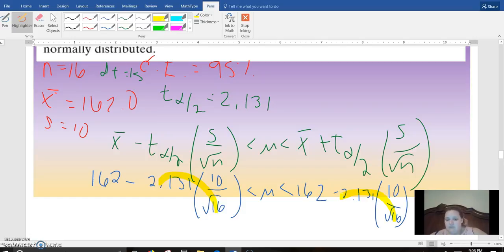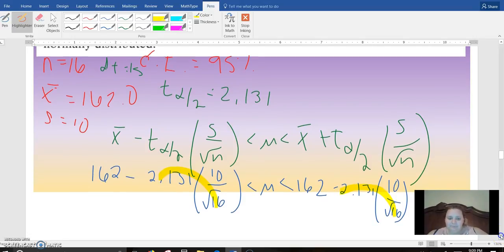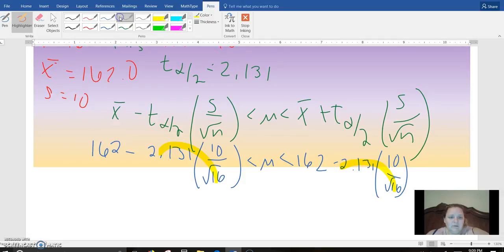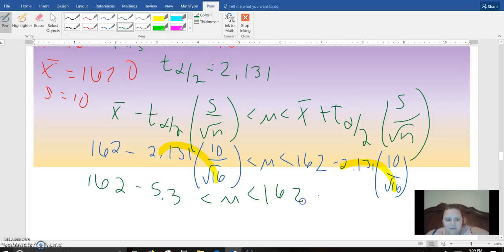So I'm going to do 2.131 times 10 divided by square root 16. I get 5.3. Plus 5.3. All right, so we could write it as 162 plus or minus 5.3 if we wanted to write the answer as a margin of error,